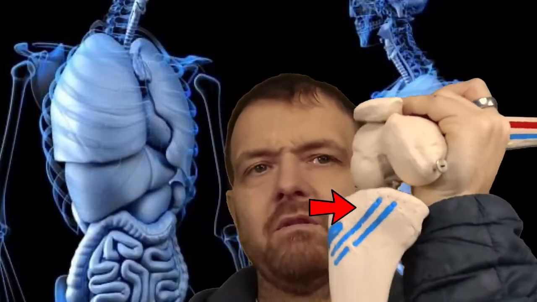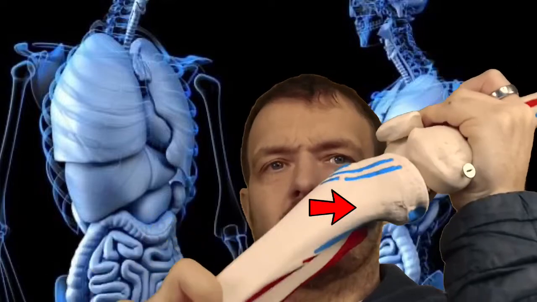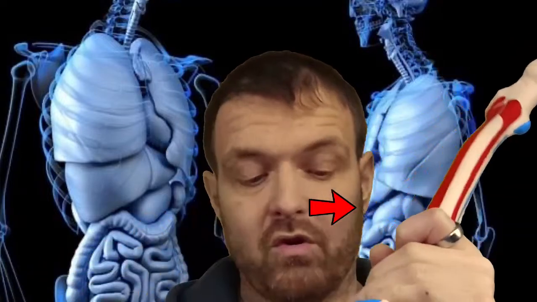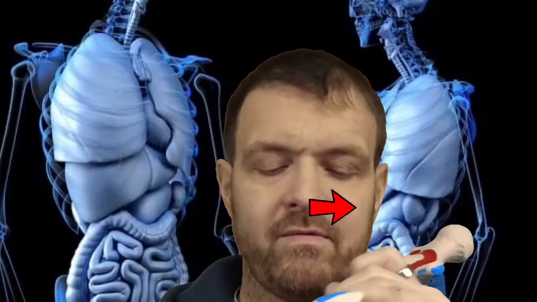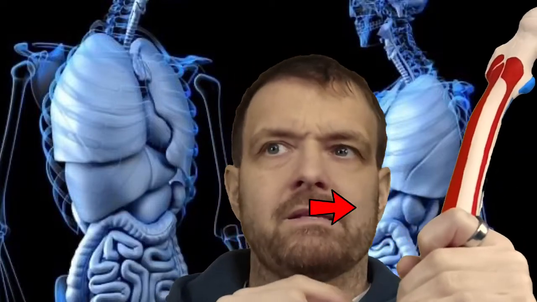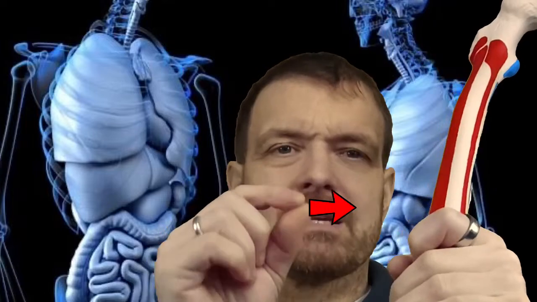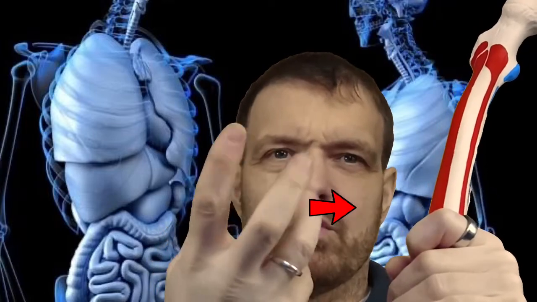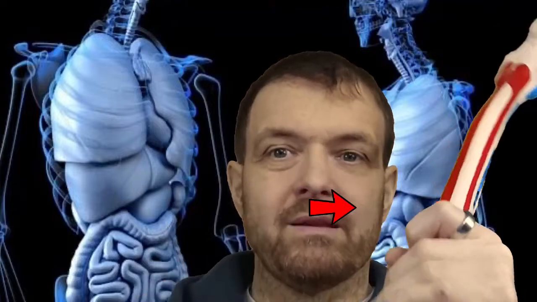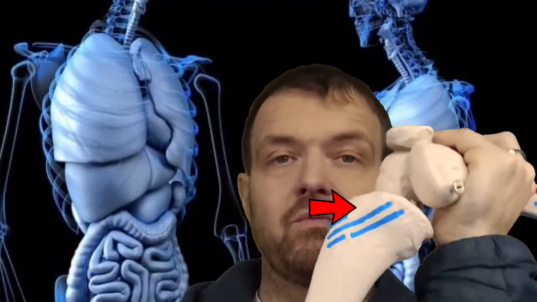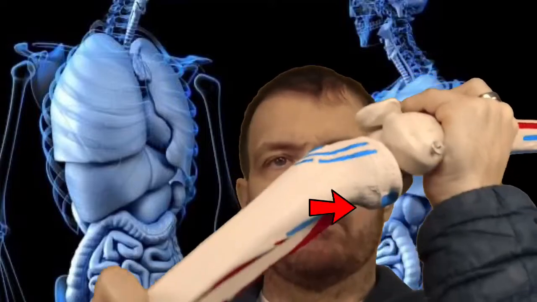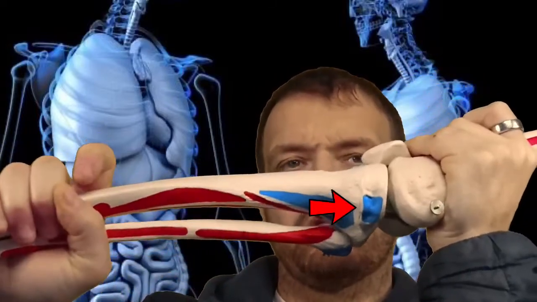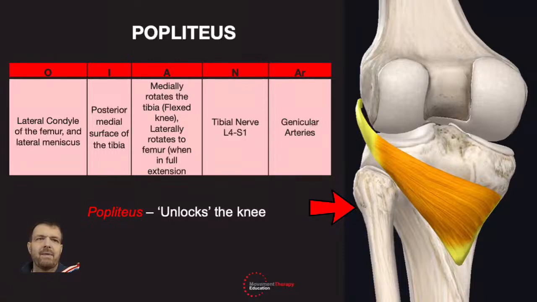Because of the shape of the joints, it will start to rotate to form a really nice strong position at the end of that range. And what happens then as well is that's where your cruciate ligaments will become really taut in that position. So as it comes up, it will rotate and lock into that position. That's the screw home mechanism of the knee, and that's where this little muscle comes in, because down here